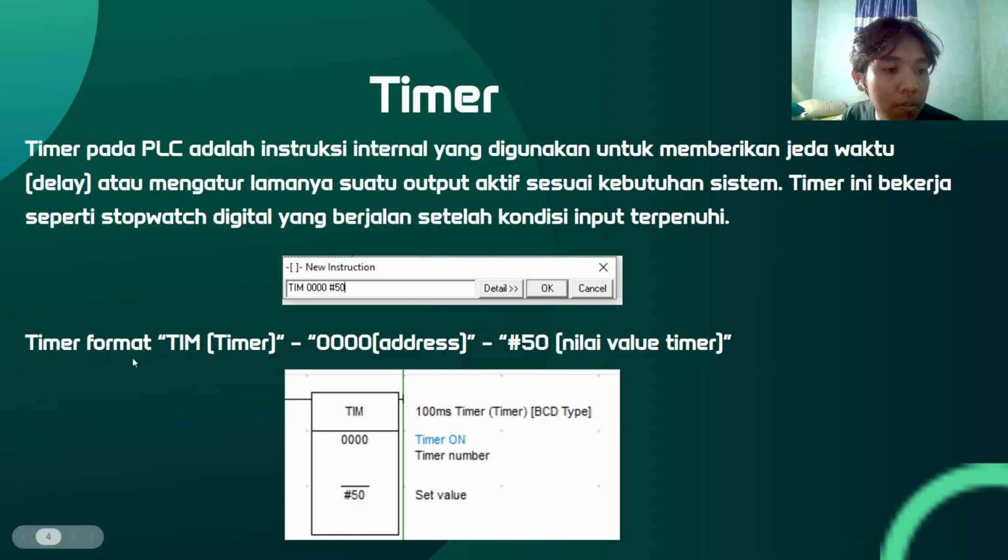So this is the timer format, and we're gonna use the TIM timer. This command is only on CX-Programmer; I don't know about other software. 000 is the address of the PLC, this is the zero address, and 50 is the timer value. The 50 in this command means 50 times 100 milliseconds, so it's 5 seconds.